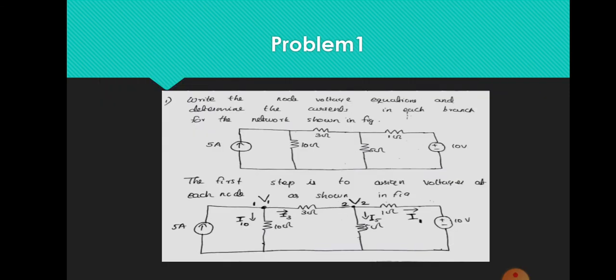So first of all, you should ask the questions correctly and apply corresponding analysis equations, and also you have to find out the quantities you are asked for. Here you are asked to determine the currents in each branch, so you should find that. Don't simply apply nodal analysis and find V1 and V2 and stop there. Go for the next solution. So you should read the questions properly. That is an important thing.